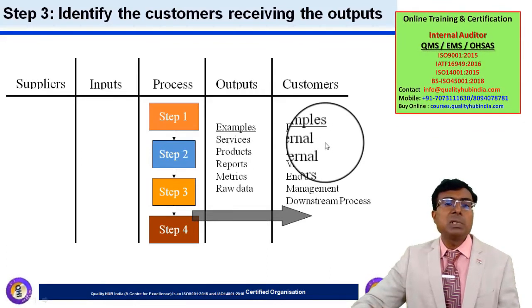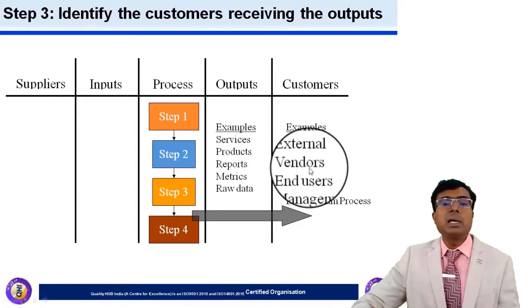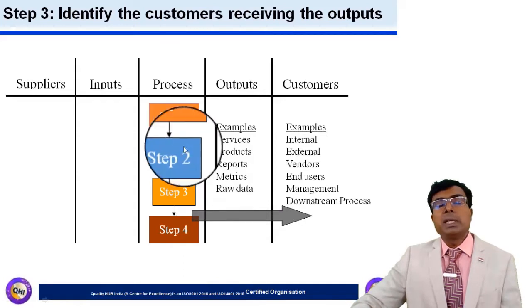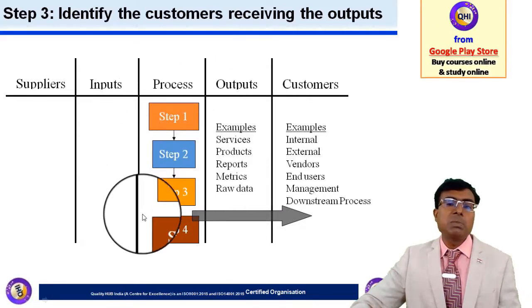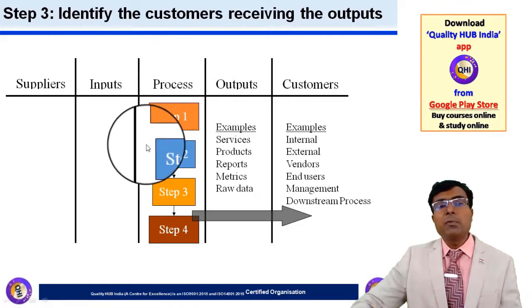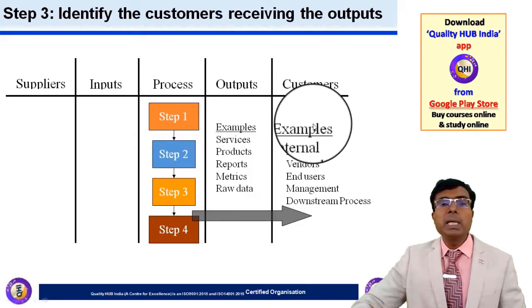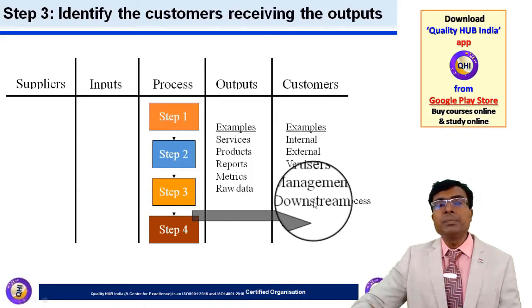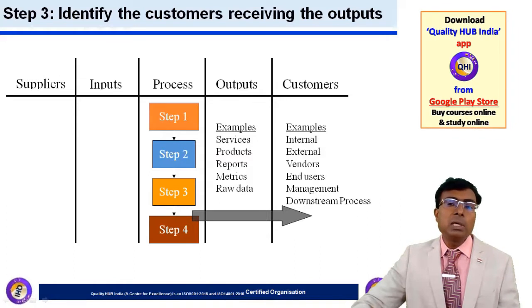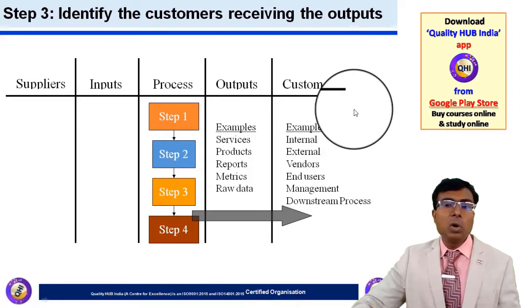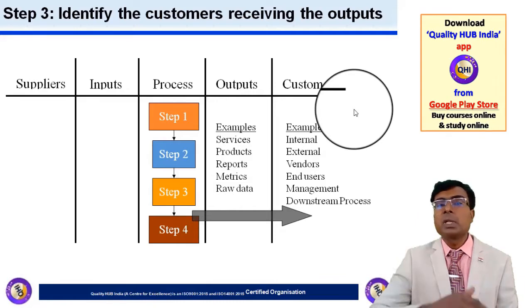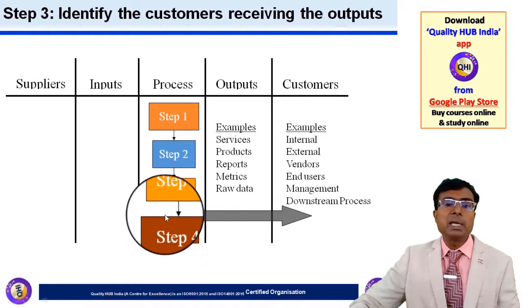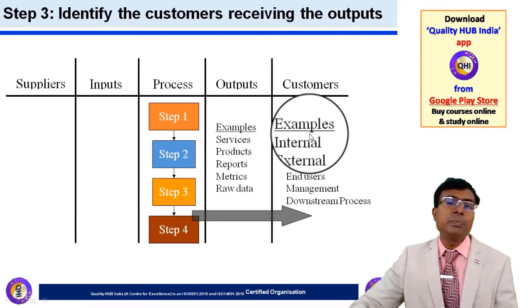This could be internal customer, this could be external customer, this could be vendor or end user, this could be management or downstream processes. So for example, there is a manufacturing process, and this process mapping is for forging process, and after forging process this goes to machining line. Okay, so machining line will become your customers. Okay, after machining, if it goes to end user, or it goes to the OEM or any customer who is buying the product, the next process map or CPOC diagram would have process steps over here, machining process, and the customer would be your OEM.